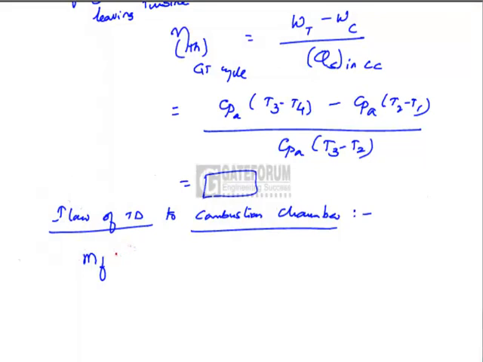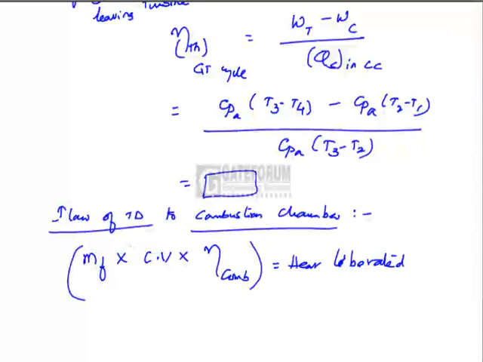Therefore, how much heat will be liberated? mf into calorific value into efficiency of the combustion, because there are 10% losses in the combustion chamber. Here efficiency of combustion would be 90%. This is the heat liberated